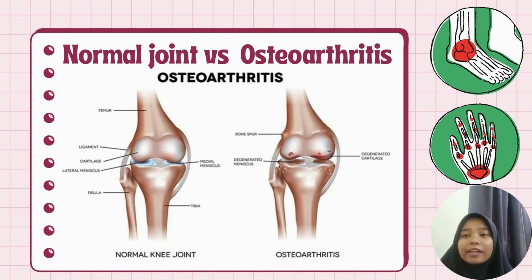Please look at this slide where we compare a normal knee joint to one affected by osteoarthritis. On the left, the healthy joint shows smooth cartilage and a clear medial meniscus that acts as a shock absorber. However, on the right, you can clearly see the formation of bone spurs and degenerated cartilage where the joint space